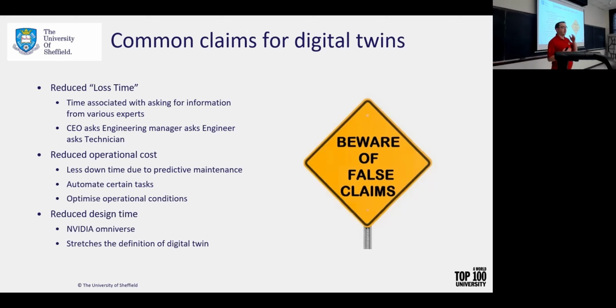One of the other things is reduced operational costs. That's one of the main common claims: that using a digital twin, you can reduce your operating cost by 30% or some number that they pick out of the air, because no one's really done it yet. So it's kind of hard to put an actual value to it. And so a lot of this comes down to things like optimal maintenance.